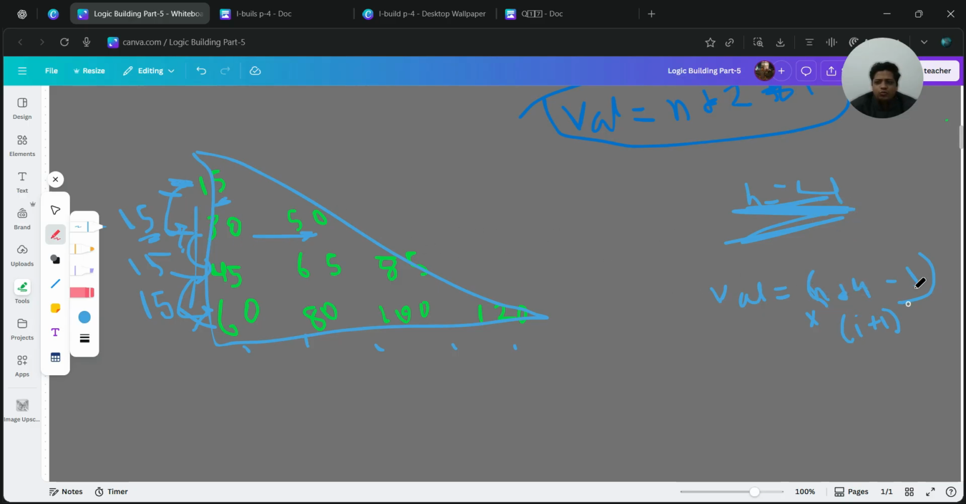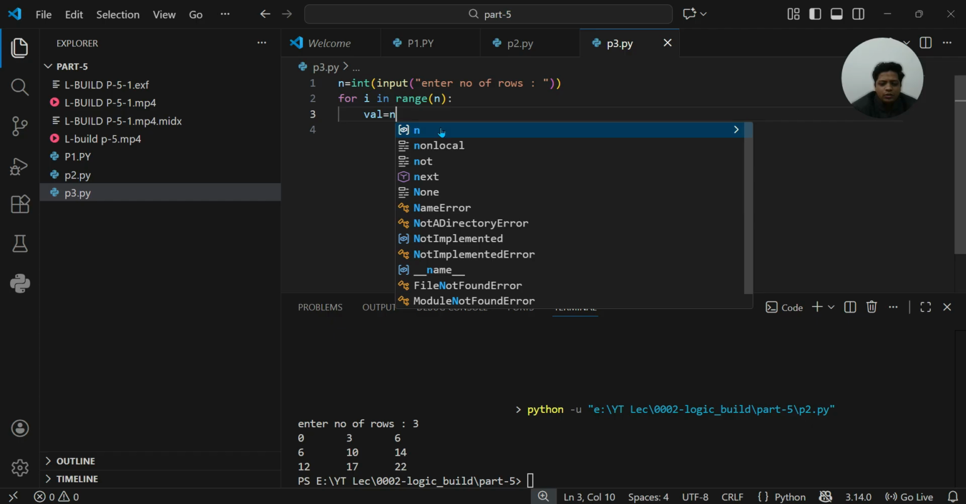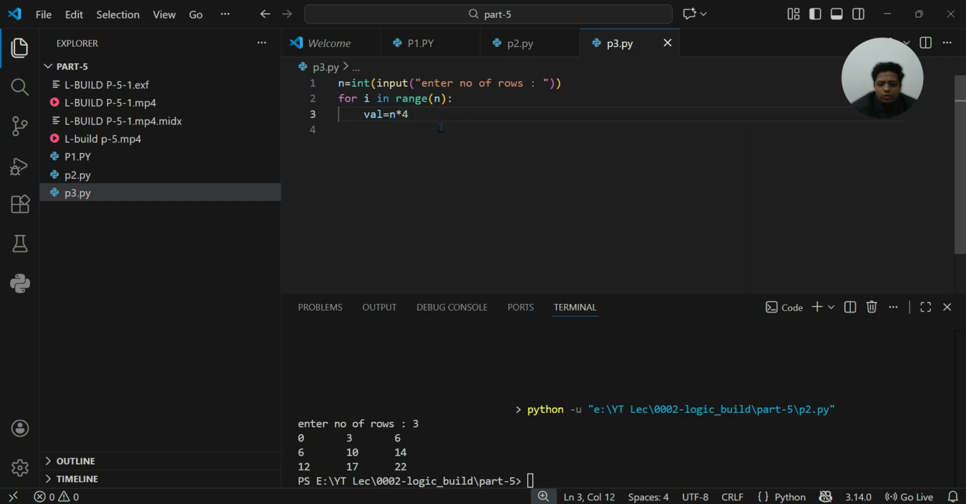We have defined this n into 4 minus 1. So this 4 over here, you can get it. So n into 4 minus 1. We need to give this a bracket, as we need to multiply the whole bracket by the i plus 1 value. We need to form another bracket, in which i plus 1 is defined, and close the bracket. After this value is defined, we are going to form the loop